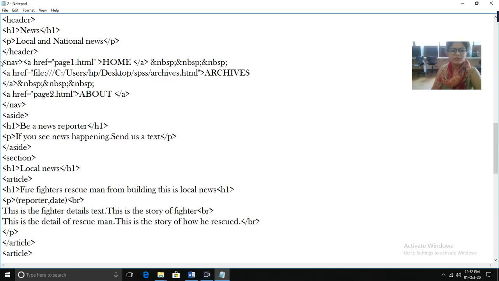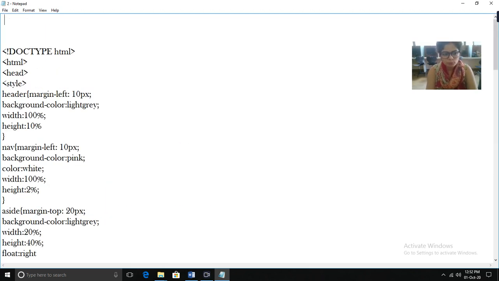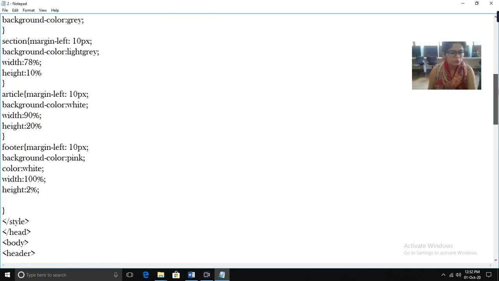Now next part is the navigational part. You know what the navigational part is? Navigational part is when we have to provide links, or when we have to jump from one page to another page, we provide links. And in HTML, anchor tag is used to provide links, and href is used to provide the path of the page where we have to jump.